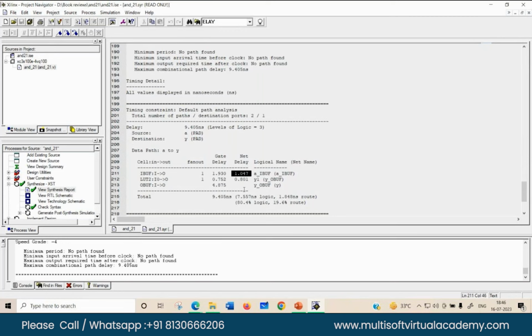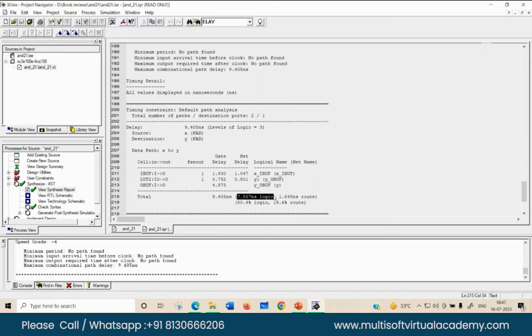This is for the input buffer and output buffer. It takes only 0.7 and this is 0.08, and the output buffer takes 4.87 nanoseconds. So overall, if you calculate, you will get 9.45 nanoseconds. Out of which 7.5 nanoseconds is for logic, that is the time taken to transfer between